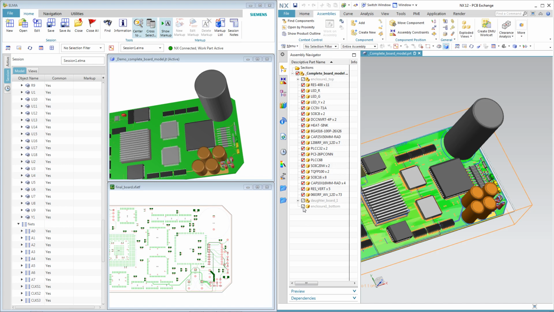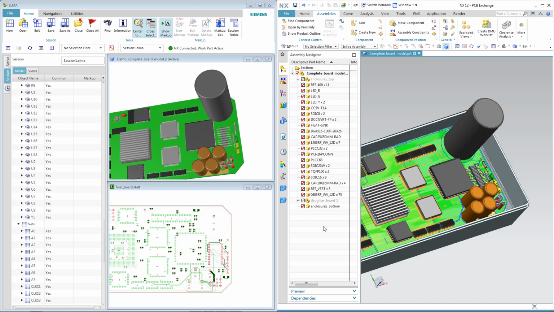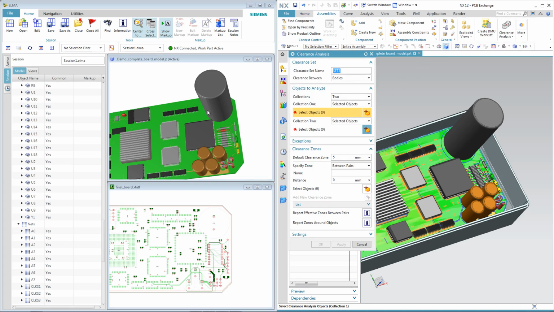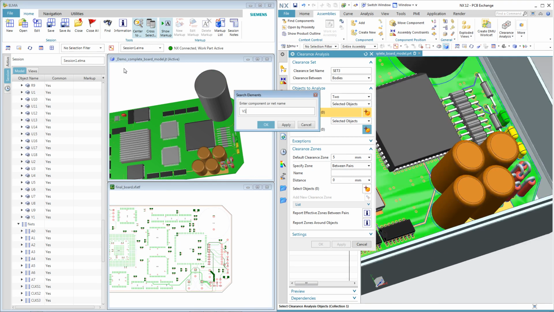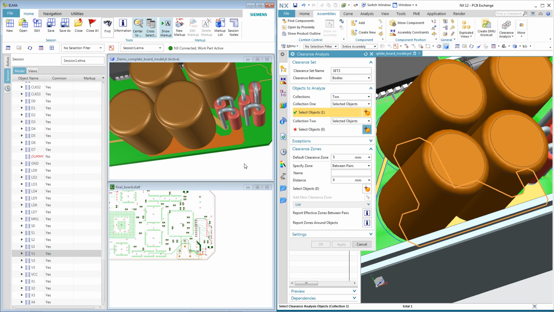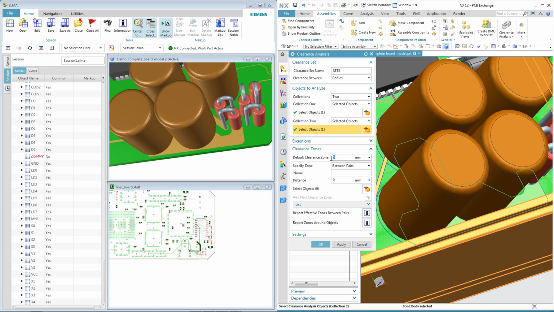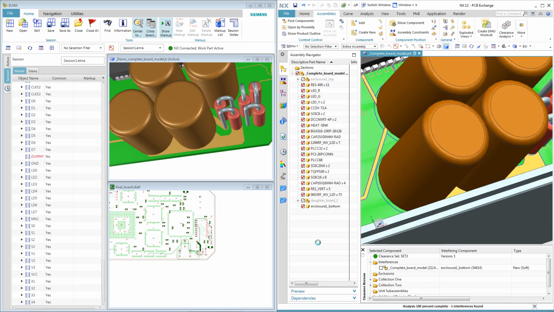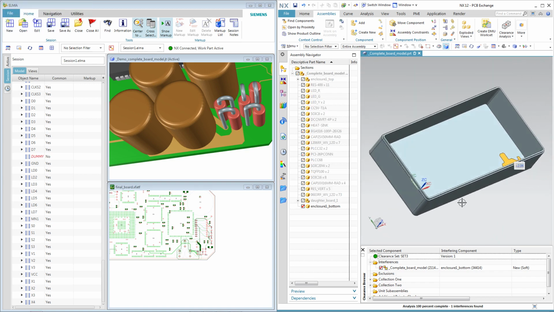We have a specific design check that needs to ensure the ground net V1 is at least 5 mm away from any enclosure. In NX we run the standard assembly clearance tool and add the V1 net. Note this can be located in Elma and added directly into the NX selection. We now add the enclosure, define the minimum clearance, and run the analysis. From the clearance browser, we can see the check is violated, and a markup can then be added in Elma.